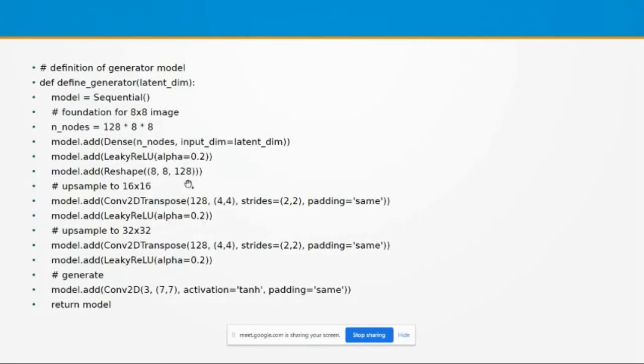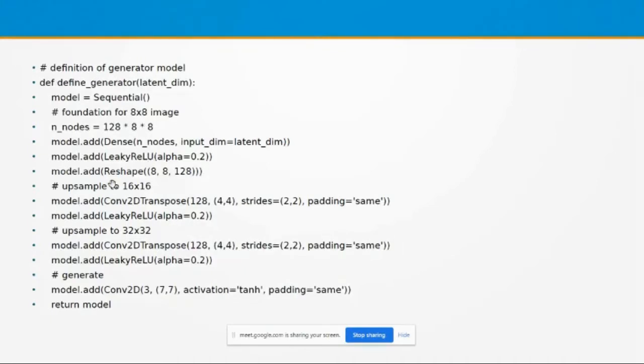This reshape generates 128 images of size 8 by 8. So after executing this particular statement, we come up with 128 images of size 8 by 8. And 8 by 8, that is the base image. 128 such base images are there. That means 128 feature maps are there, each feature map of size 8 by 8.